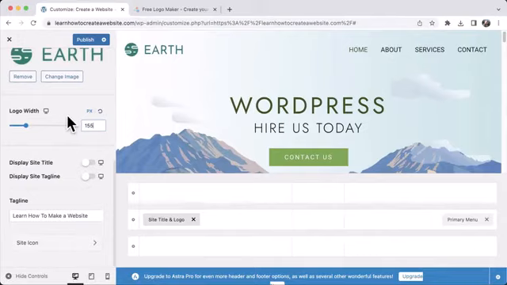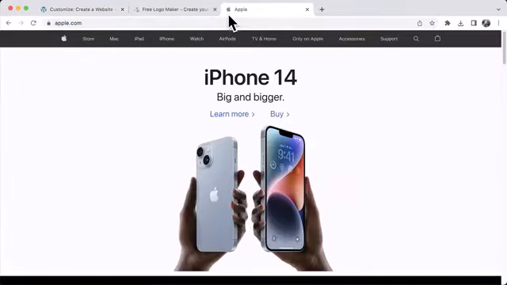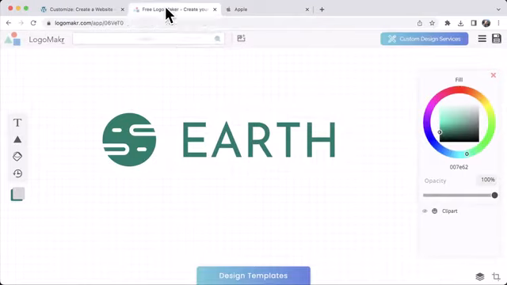But if we scroll down, we can see something that's called site icon. And our site icon right now is this W. Logo Maker site icon is a whole bunch of shapes right here. And Apple's site icon is this apple right here. So we want our site icon just to be an icon that helps identify our site when we have these tabs open like this. So we can go back to Logo Maker and we can create our site icon